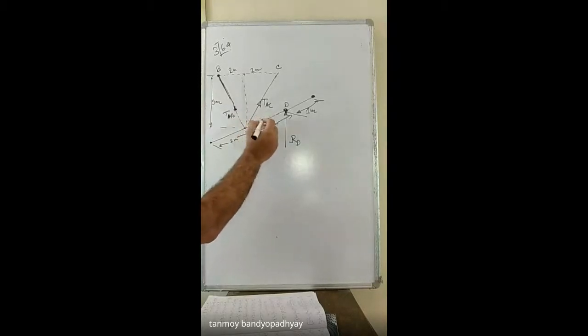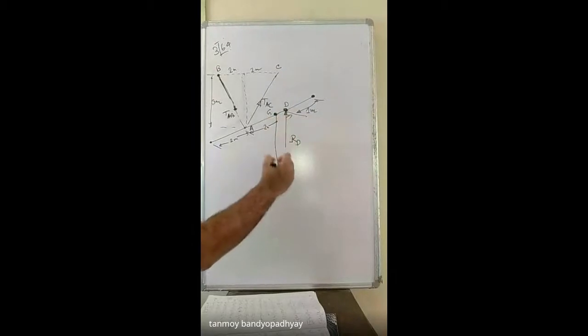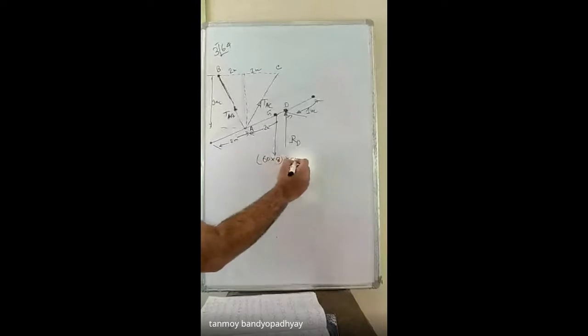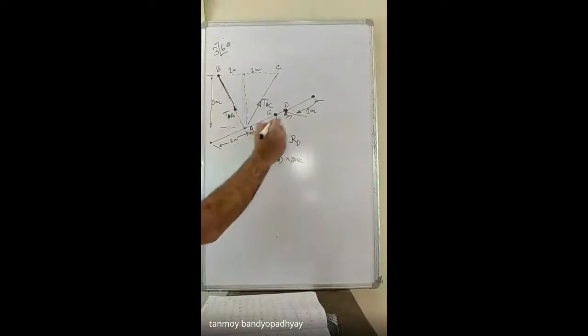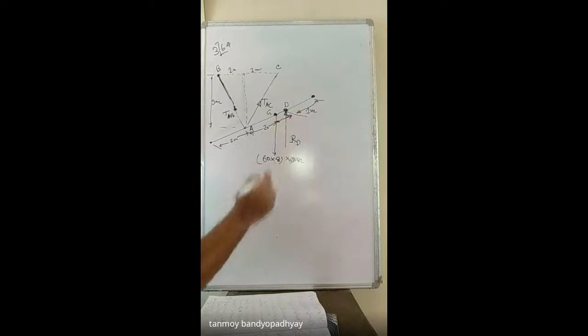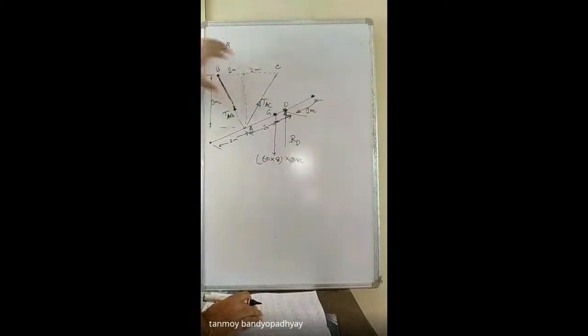So the entire length is this one. So it is 4, so 2 plus 2, 4. If I go a distance of 2 meters, I will be reaching the center of the beam. So I am calling it G, say suppose. At this point, the weight of the beam. It is given to be 60 kg per meter, so 60 into 8 meters. Multiplying by 9.81, I should be getting the value of the weight in newtons. So this is the weight acting at the point G. It's at a distance of 2 plus 2, 4.